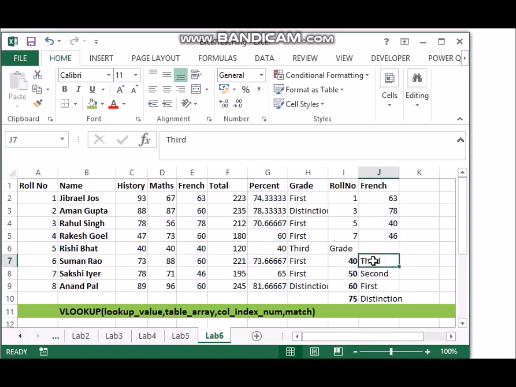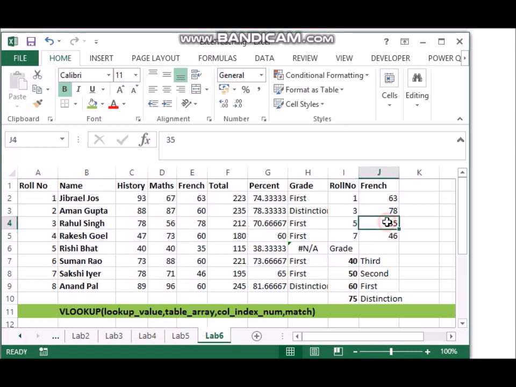Now what if it was 39? So let's reduce this mark and make it 35. Now you see 38.333 has come as not applicable because we haven't defined anybody who gets less than 40. What should we give that person as the grade? So we should ideally start from 0 and say fail. From 0 to 40 is fail, and then from 40 onwards we can consider it as pass.